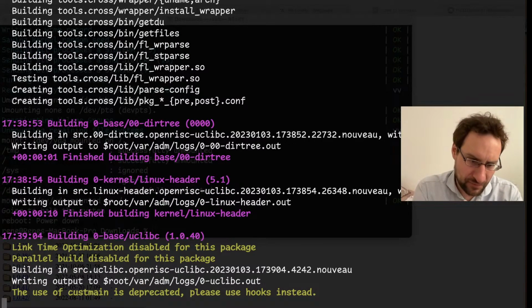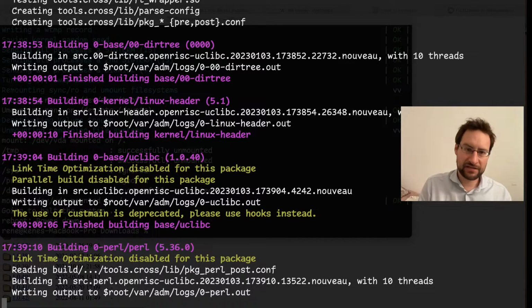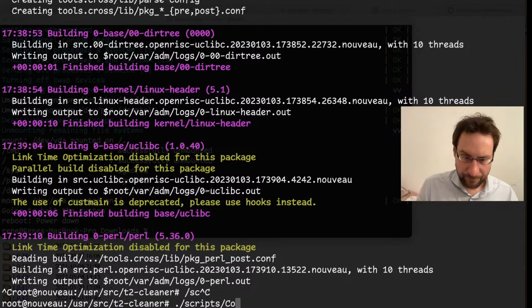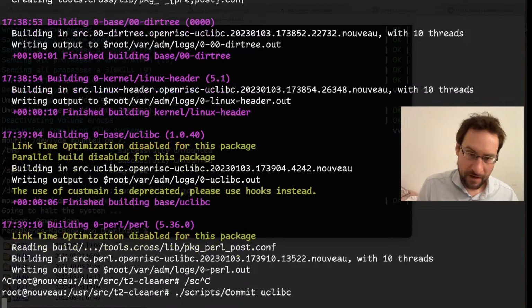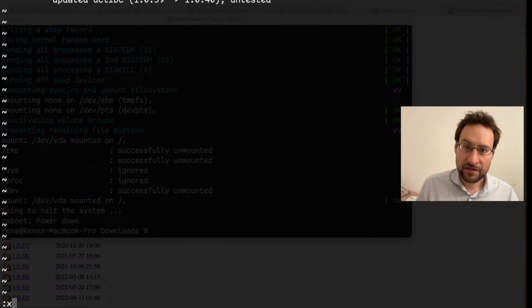So I'm only test building OpenRISC now because that is another reference architecture, so at least the header installation works. The other stuff takes 10 minutes on this Threadripper Epyc Ryzen. Yeah, it's probably good enough. I could even untest it.